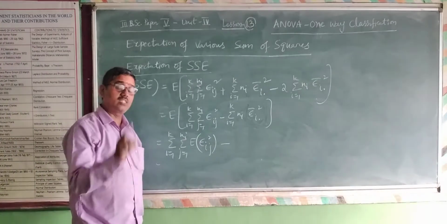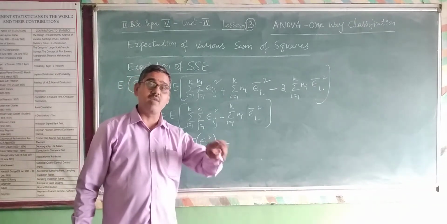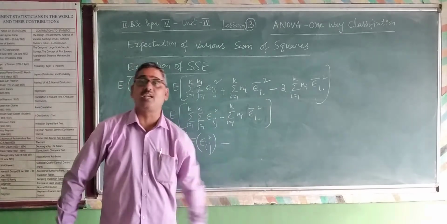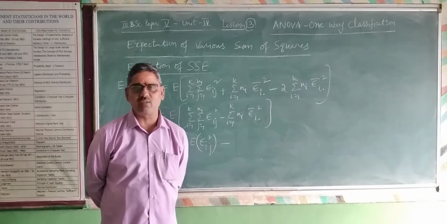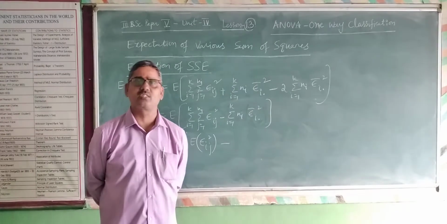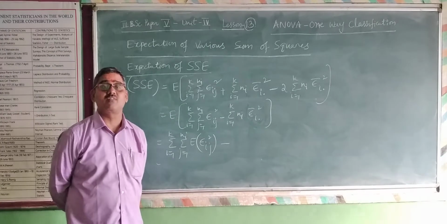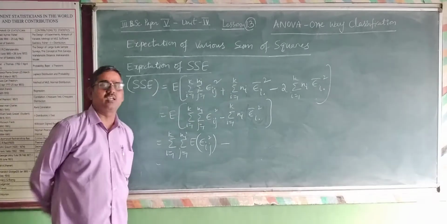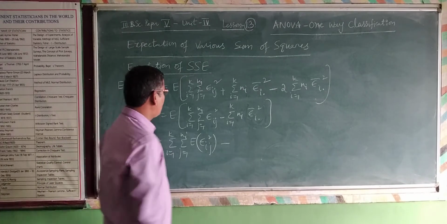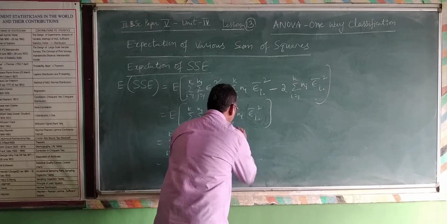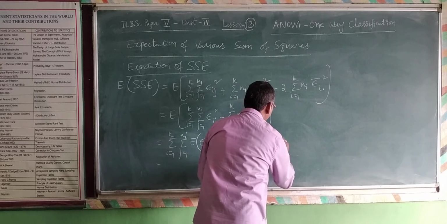Therefore, expectation of x plus y is equal to expectation of x plus expectation of y, that is, expectation of summation xi is equal to summation expectation of xi, since they are independent. Expectation of x1 plus x2 and so on plus xn is equal to expectation of x1 plus expectation of x2 and so on plus expectation of xn. That is the addition theorem of expectations, if they are independent. Similarly, in the same fashion, they are independent, for the expectation of epsilon bar i dot square.